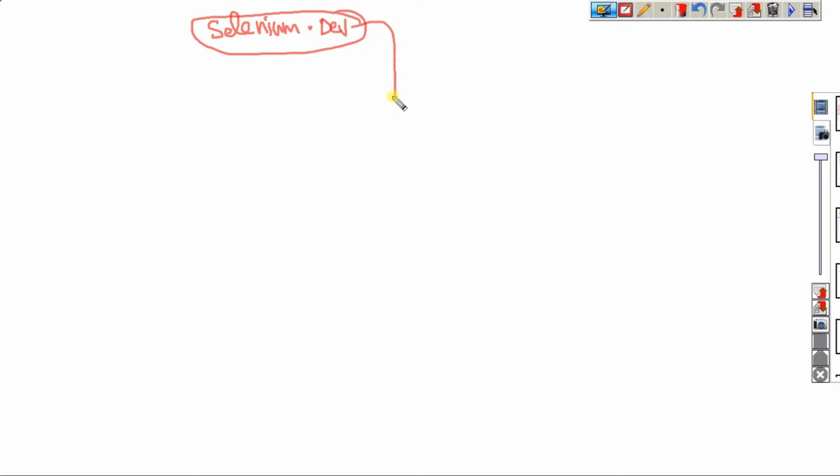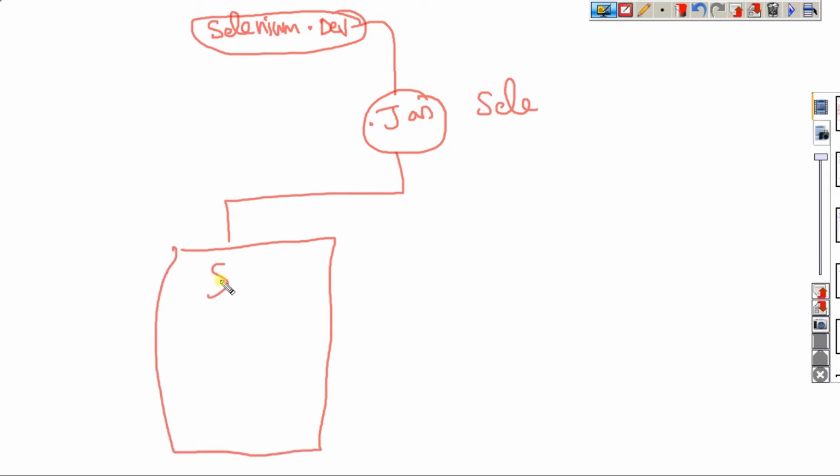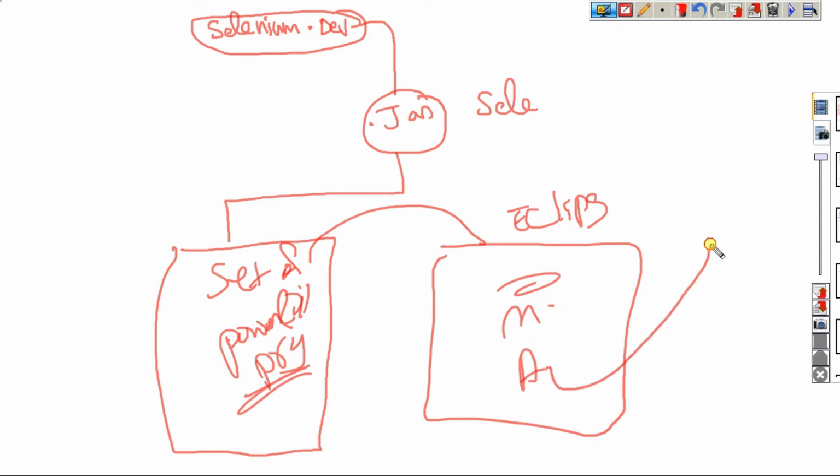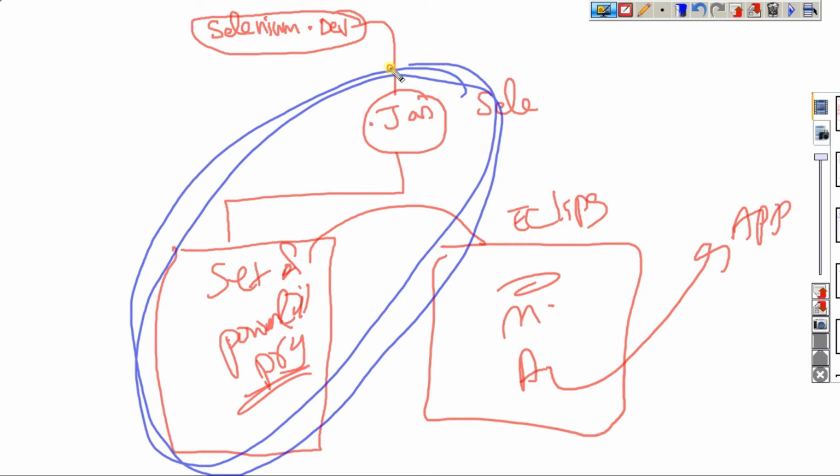From this website we can download the jar file. This is only Selenium, I am telling you, Selenium WebDriver 2.0 something version. But this jar file has, as I told, a set of powerful programs. These programs we can configure in our Eclipse and start using, converting manual tests to automation test scripts, and we can test the application. I told that. But now I want to discuss more about this. Now, what is this jar file? What is this set of programs? Now listen.